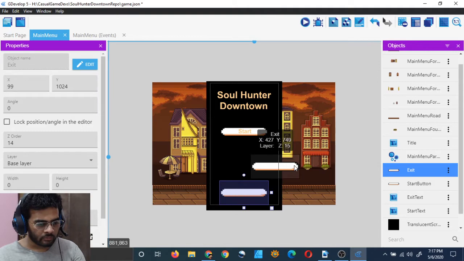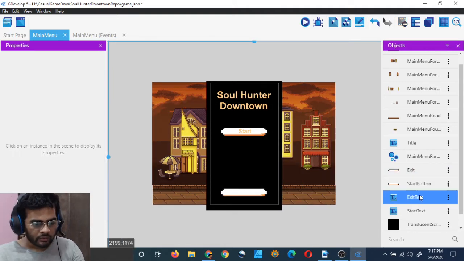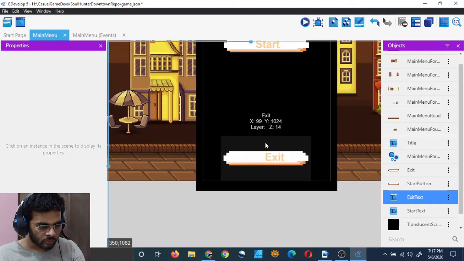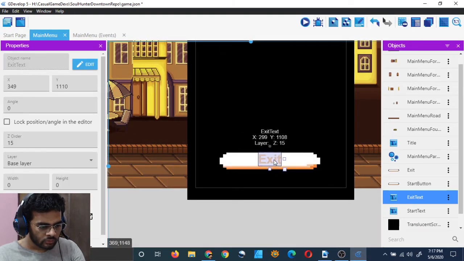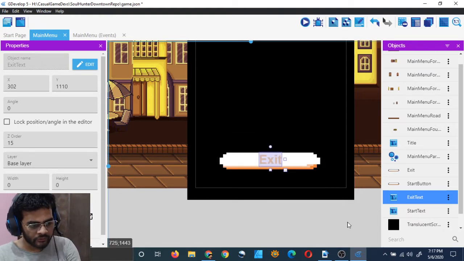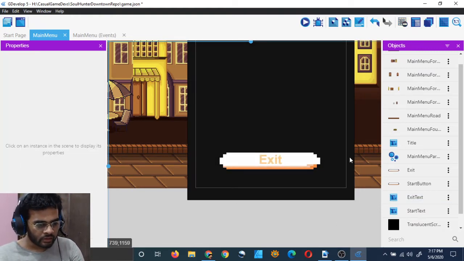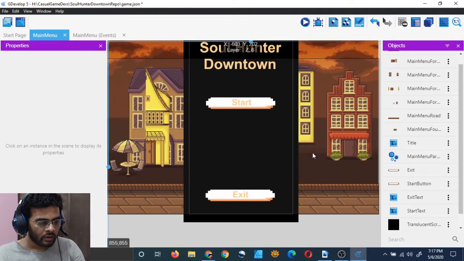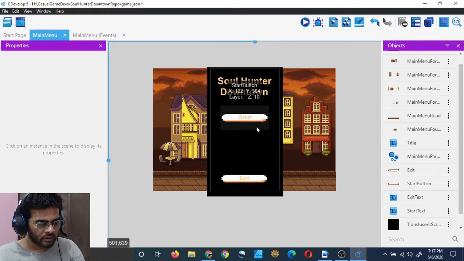Looks like dragging a button again. Exit text, I will drag this here and position it properly. So there you go, little bit. I'm pressing my arrow keys to position it precisely, and there it is, start and exit.